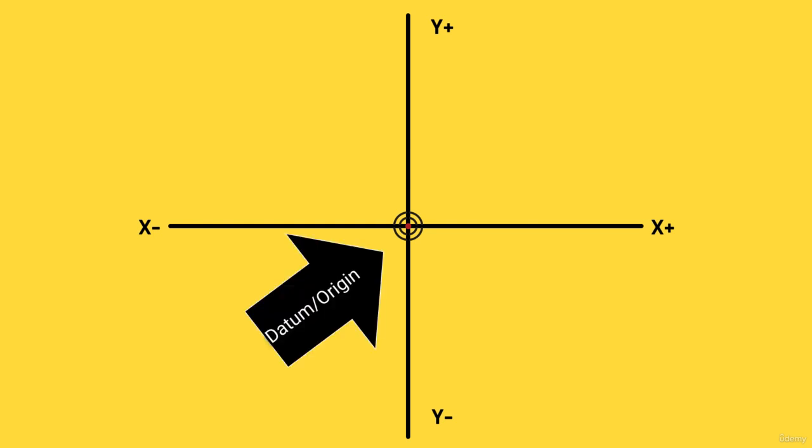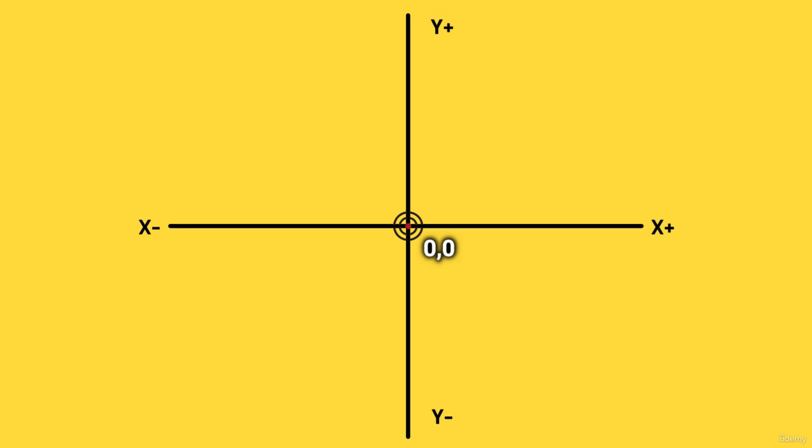The circular symbol in the center of the graph is what represents the datum position or the origin. This is the point where the coordinates of x and y are 0. Any dimension above or right of the datum would be positive, and any dimension below or left of the datum would be negative. So our first point on the graph would be 1, 1 when both x and y are positive